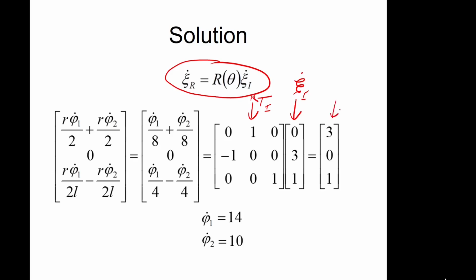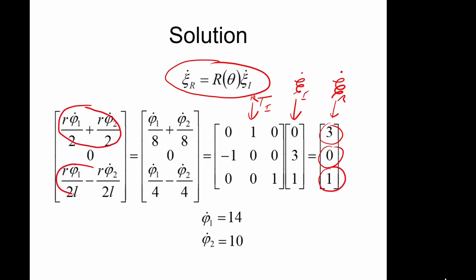This then gives us the velocity of the robot in the robot frame of reference. So we need an x velocity in the robot frame of 3 meters per second, nothing in the y direction, and 1 radian per second rotation. And that corresponds to